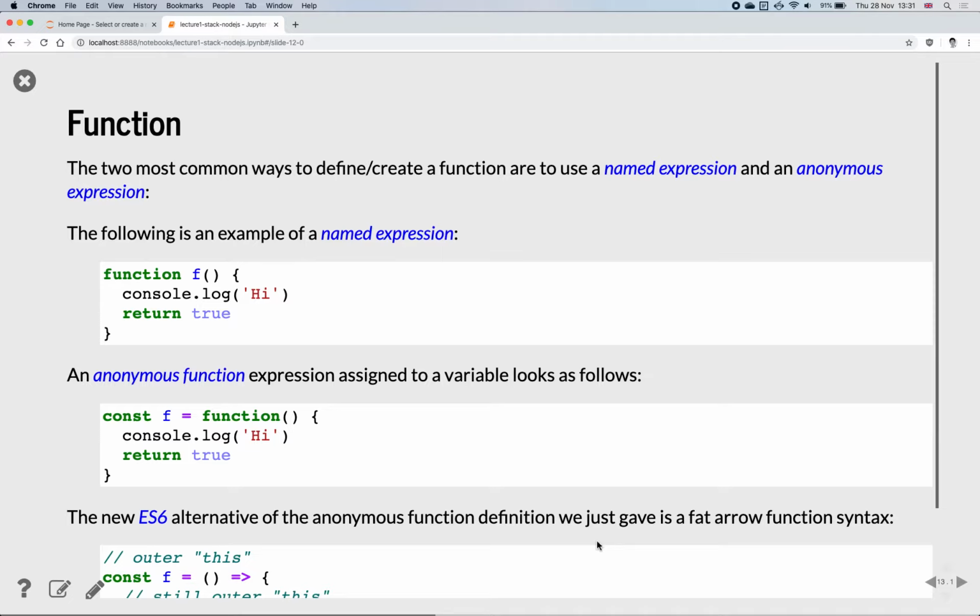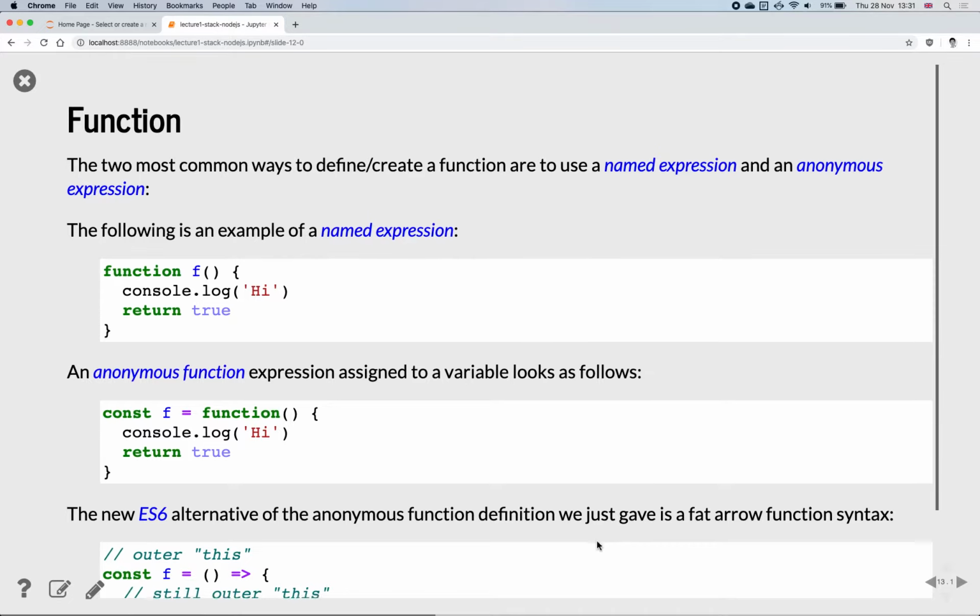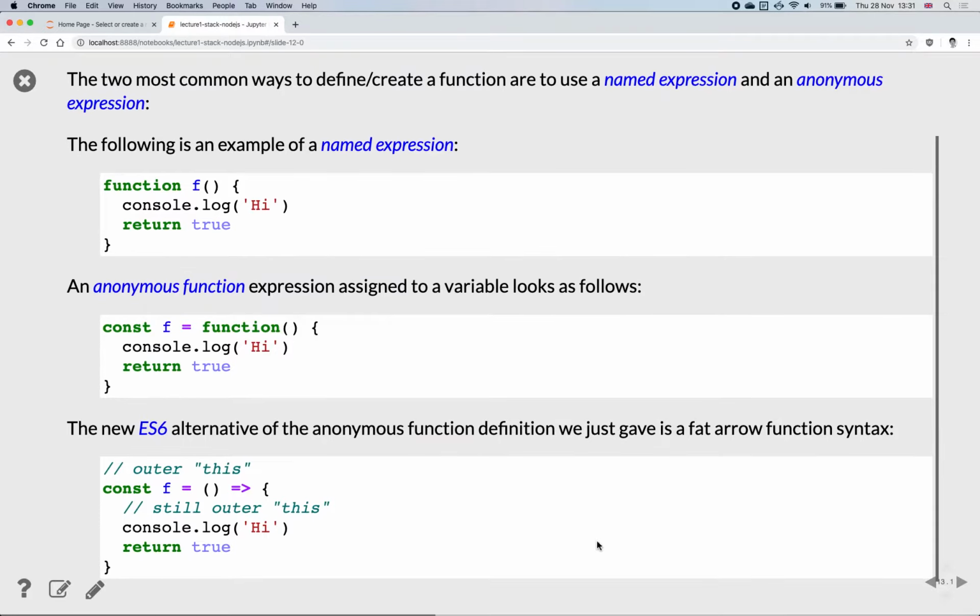Okay. So this is about functions. I'm sure you all know about these. And so just a reminder, you have this difference between named functions. Basically, that means a function has a name. So for example, this is a function. And what's its name? No. What's the name of this function? F, that's right. So that's a named function, and this is called anonymous functions,